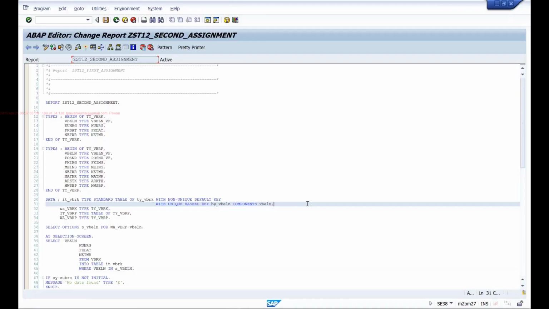So in the previous session, we've done this assignment where we have enhanced the first assignment. This program now handles multiple documents at once. We've enhanced the selection screen to accept multiple inputs from the user, and then we have enhanced the output logic to print the document details one by one. So we are printing the header details of the document and then its item details, and then we are printing the next document's header details and then its item details. So this is a program we have done.